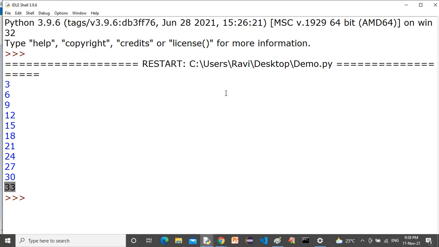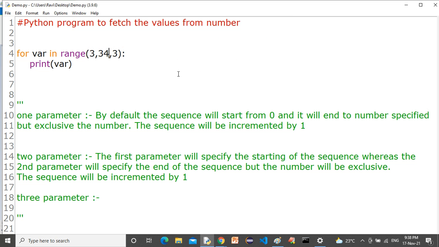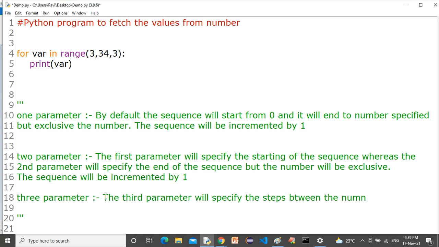Look, it's quite simple. So third parameter means what? The third parameter will specify the steps between the numbers.